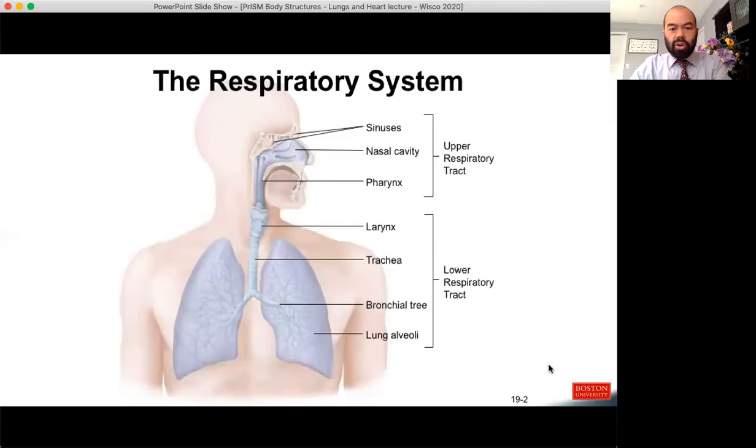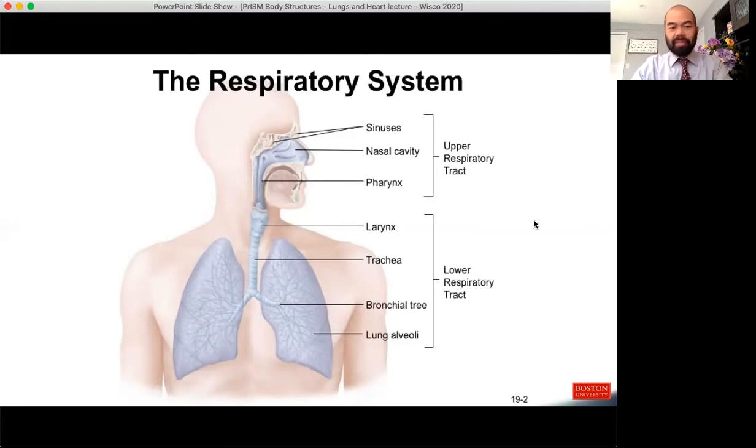Okay, so the airway is divided into two sections, the upper respiratory tract and the lower respiratory tract. Now, I actually consider the larynx, which is shown here, as part of the upper respiratory tract, and that's certainly arguable. The reason why I consider it part of the upper respiratory tract is because I consider it the gateway into the lower respiratory tract. But for our purposes, it really doesn't matter, just as long as you understand that the larynx is between the